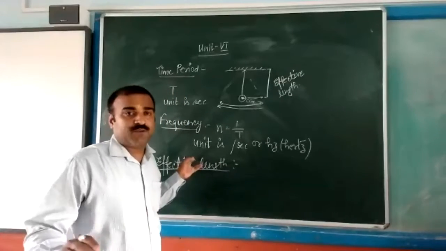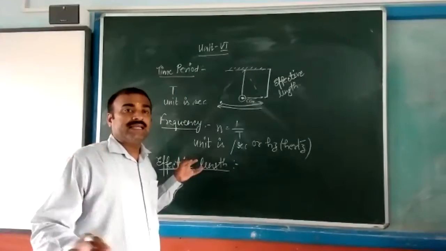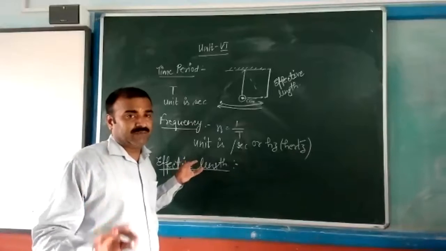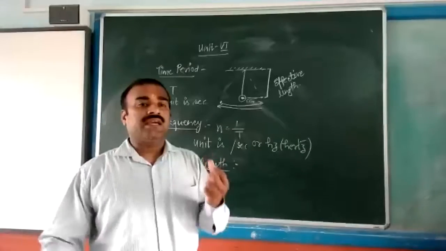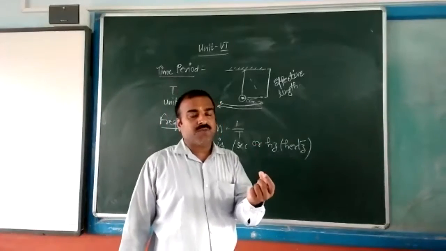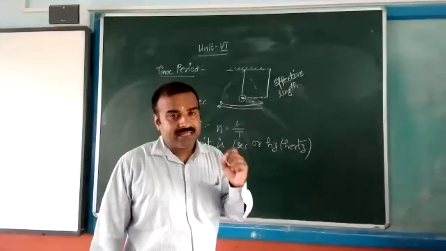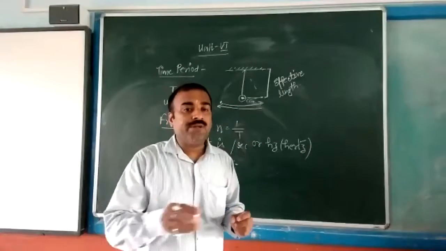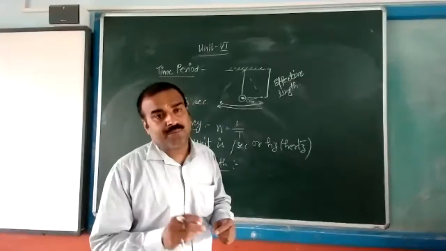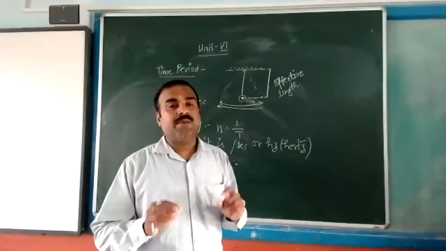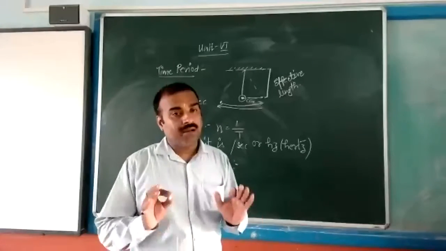All the things I have already explained. Nothing is left. The simple pendulum is also explained. How can we define a simple pendulum? If we take a metallic sphere attached to a weightless and inextensible thread, and it is capable of moving to and fro from its mean position, then such a device is known as a simple pendulum.